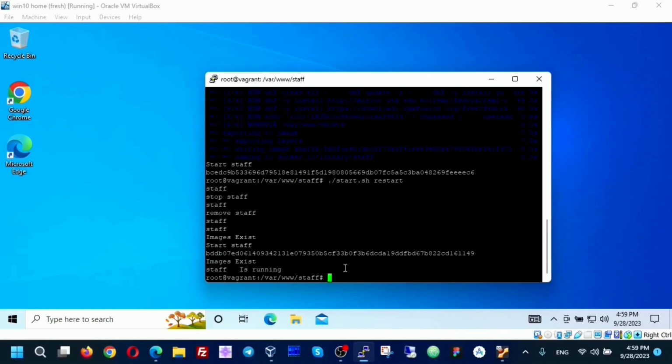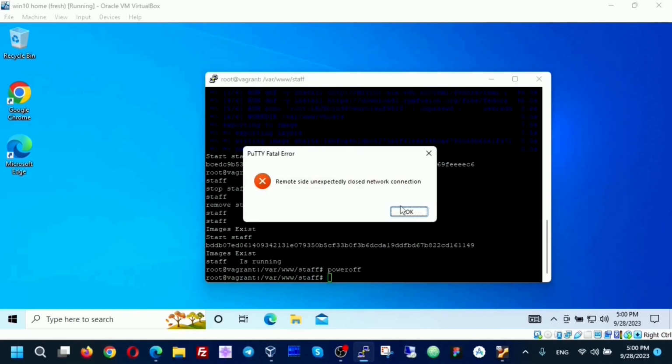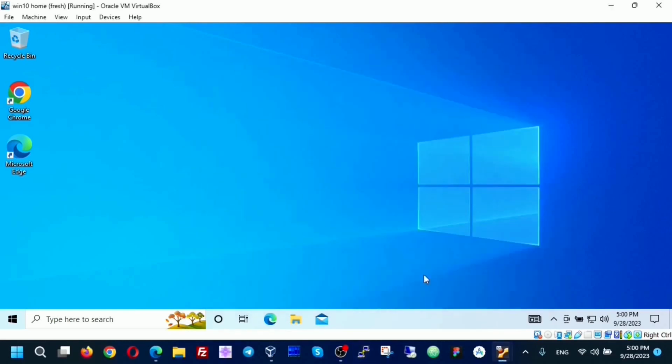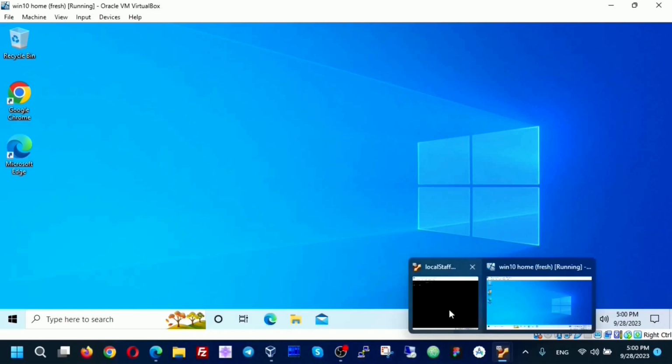To turn off the virtual machine, run the command sudo poweroff. We don't need to write sudo because we are working as root. We just write poweroff. The SSH session was closed. We see that the Windows virtual machine is still running and the Ubuntu virtual machine is already shutting down.